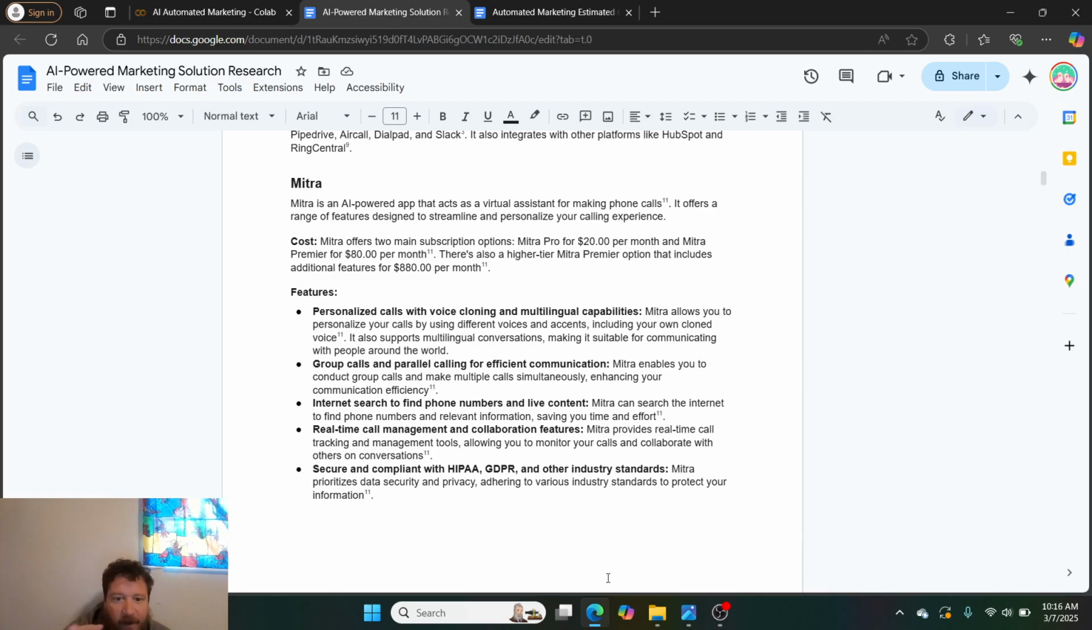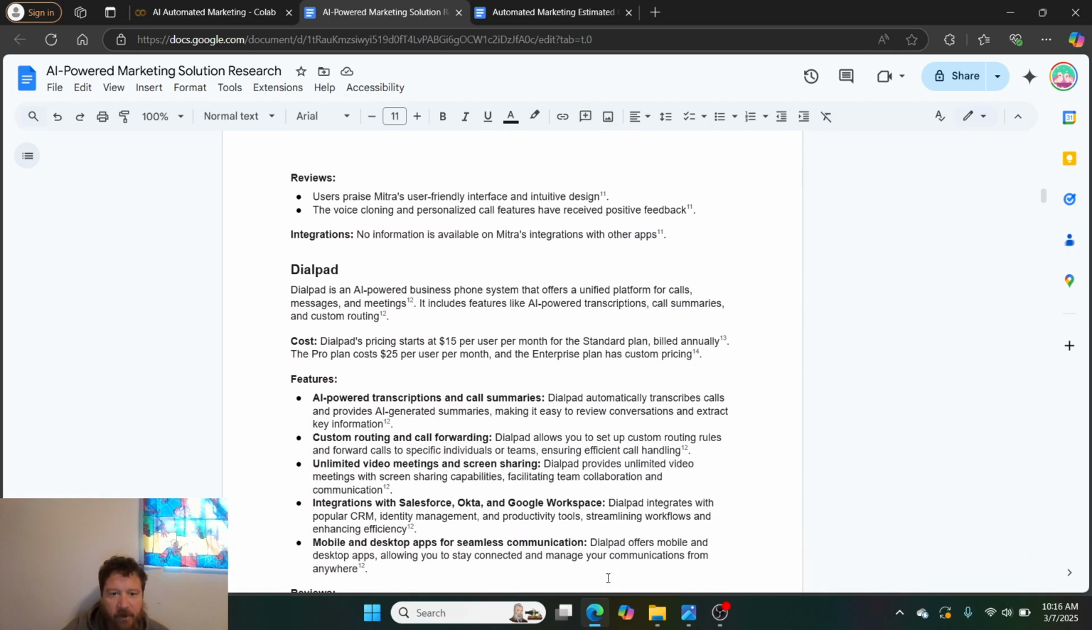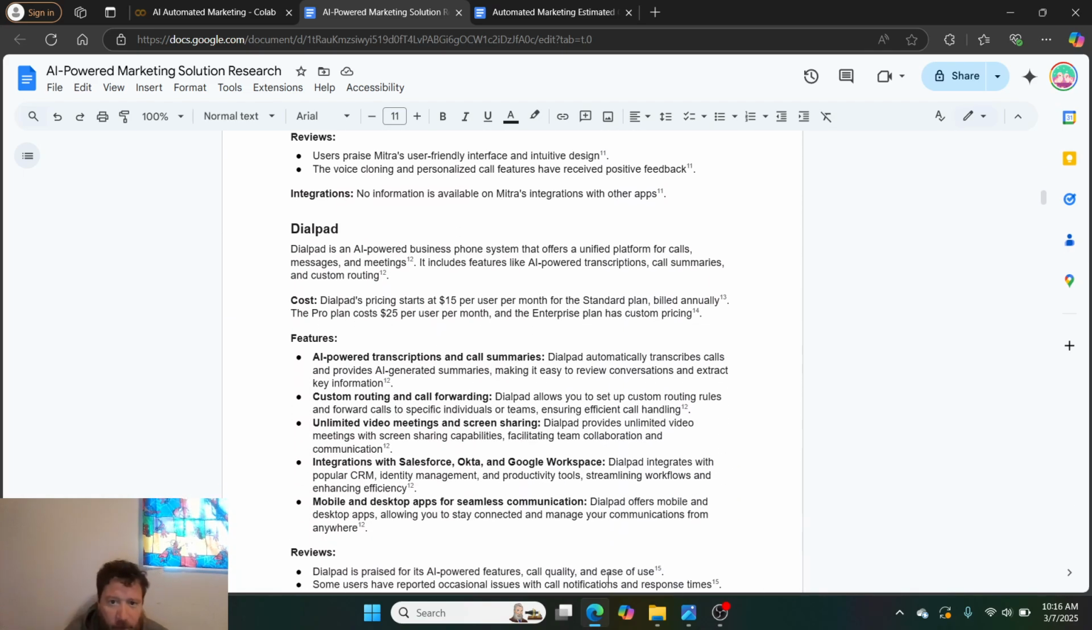And then this is, again, just for calling, but this is all of the calling features that you would want. So this is like personalized calls, voice cloning, multilingual, group calling, etc. Right? Like these are big agents. Then another example would be Dialpad, and it's $15 per user, or $25 per user per month,